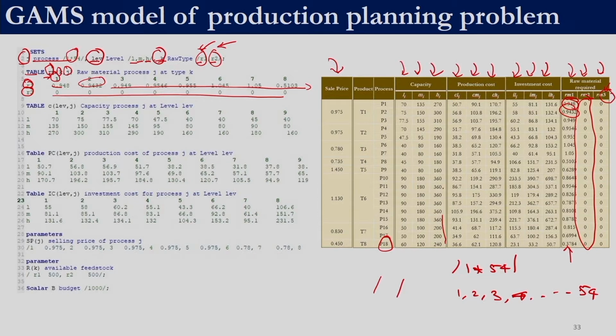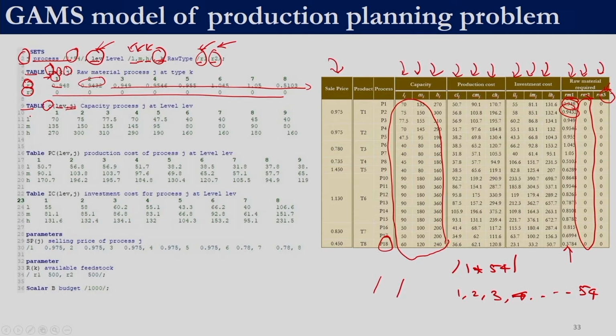Then we want to enter the capacity values. So we define a table with a variable name C to denote capacity, and it is going to have 3 rows and 54 columns. 3 rows because we have 3 elements in the set LEV. This corresponds to the 3 levels and 54 processes. So over here the set used for indicating the levels L, M, H is LEV. So we write LEV over here, and the set used for denoting the process is the set J. So we have J over here.